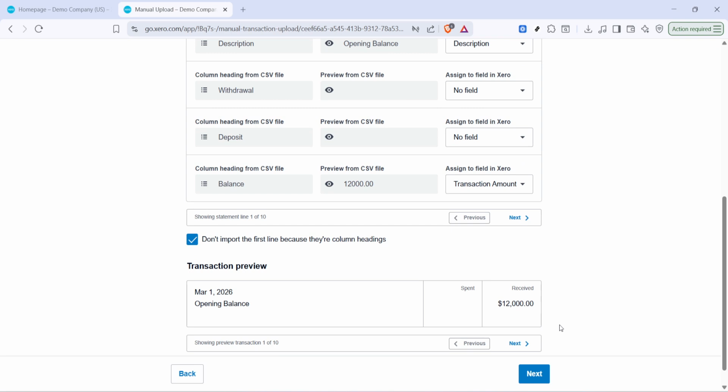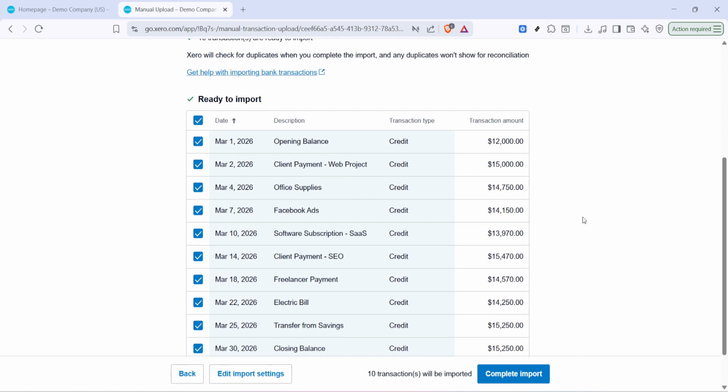Map the description or narration to the payee or reference field, depending on what you prefer to see during reconciliation. For amounts, either map a single amount column where expenses are negative and receipts are positive, or map separate debit and credit columns. If your file includes a running balance, leave that unmapped. Take a moment to preview a few lines to ensure payments and receipts look correct and that the dates make sense. Once everything looks right, click